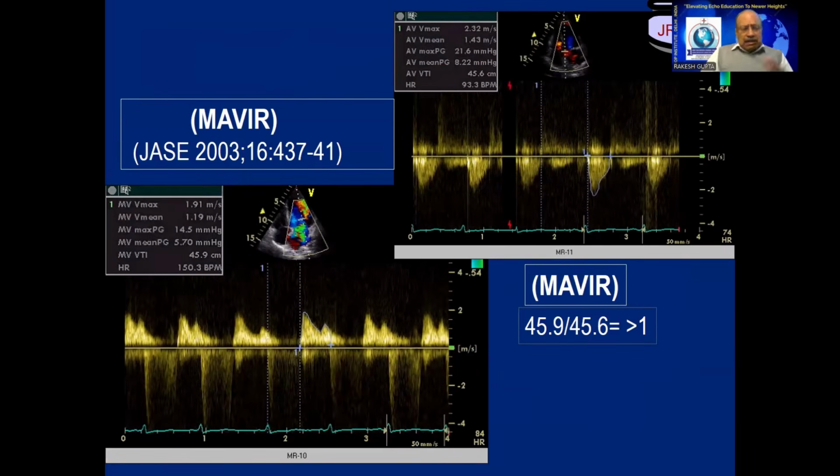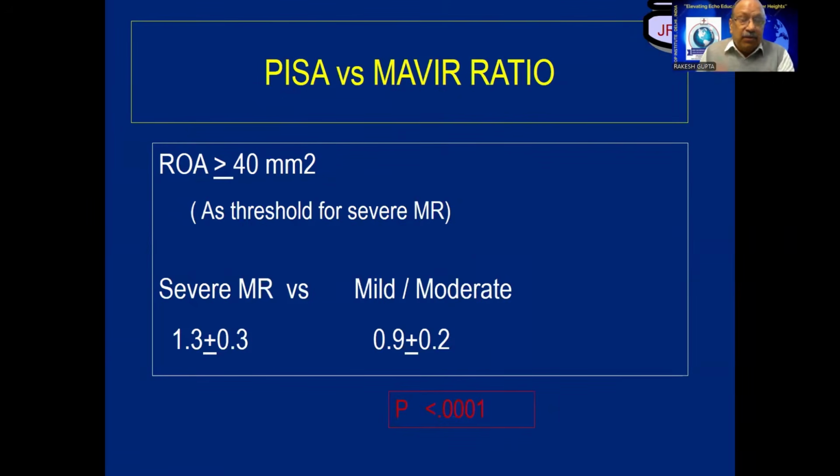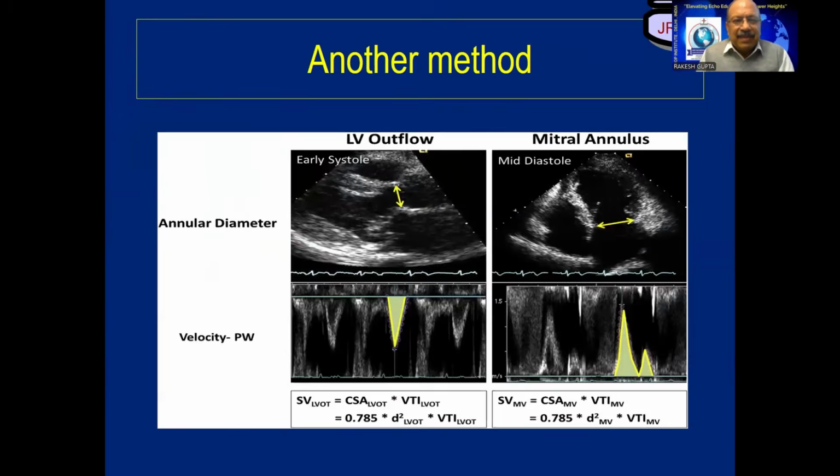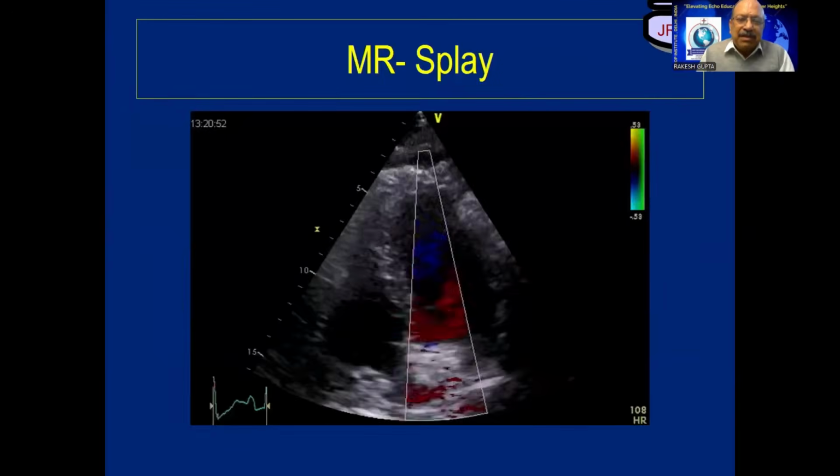Very simple. We started with jet area. We started with jet area versus LA area. We moved on to vena contracta. We moved on to regurgitant volumes and then the mitral aortic velocity integral ratio. And the most important thing is LV dilatation. Another very simple method is,